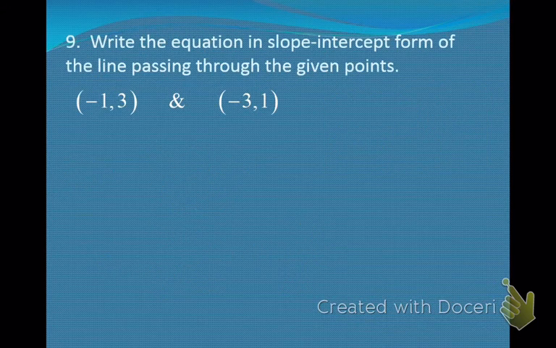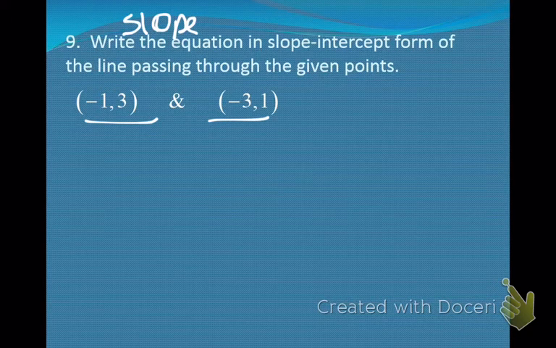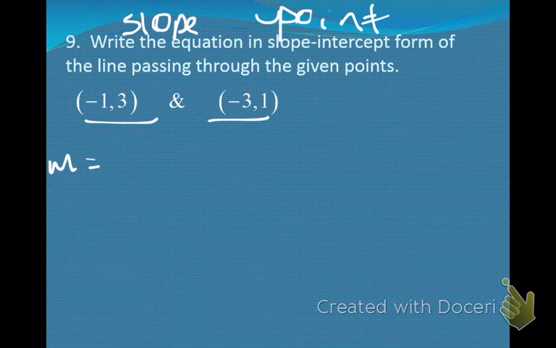Here's how that can be used here. If I want to write the equation of a line, but now instead of having the slope already, I've got to go find it. Now we've got 2 points, so finding the slope should be no problem. But we said before, back in our notes, that we have to have the slope, and we have to have a point. We already have a point. As a matter of fact, we've got 2 points, but I need the slope. So we go,